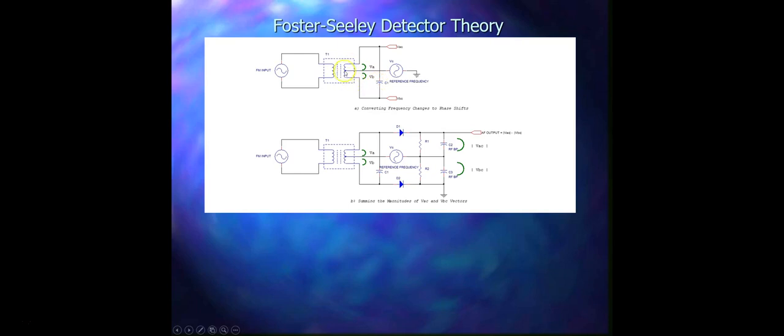This and the inductor here form a phase shifter circuit. What happens is that a steady sine wave at the center frequency of 10.7 megahertz produces a voltage VC. This VC is applied to the center tap of T1. And at rest, when the carrier frequency is equal to the